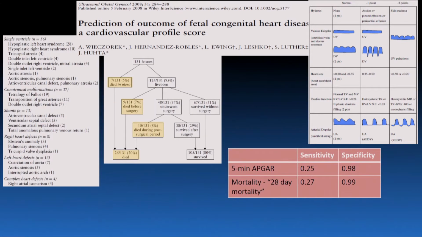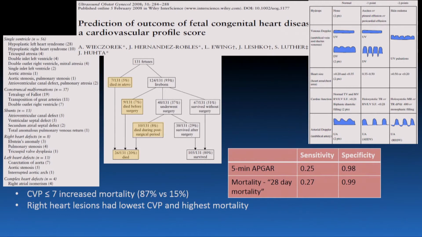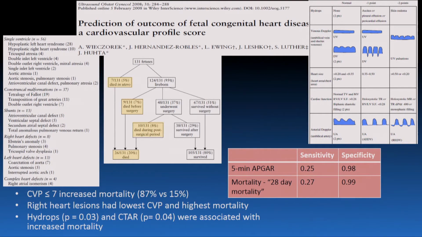In 2008, he collected 131 fetuses with various cardiac lesions, and 26 of those 131 died, either in utero all the way to the post-procedural surgical time frame. And again, the specificity of this scoring system for predicting a 5-minute APGAR was 0.98, with a 28-day mortality specificity of 0.99. So patients with a cardiovascular profile score of 7 or lower had an increased mortality compared to those with 8, 9, or 10. Right heart lesions had the lowest cardiovascular profile score with the highest mortality, and independent predictors included hydrops and